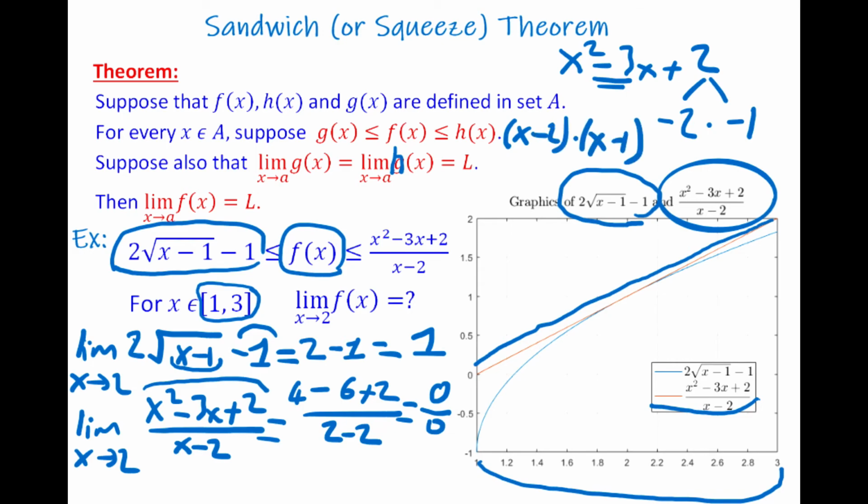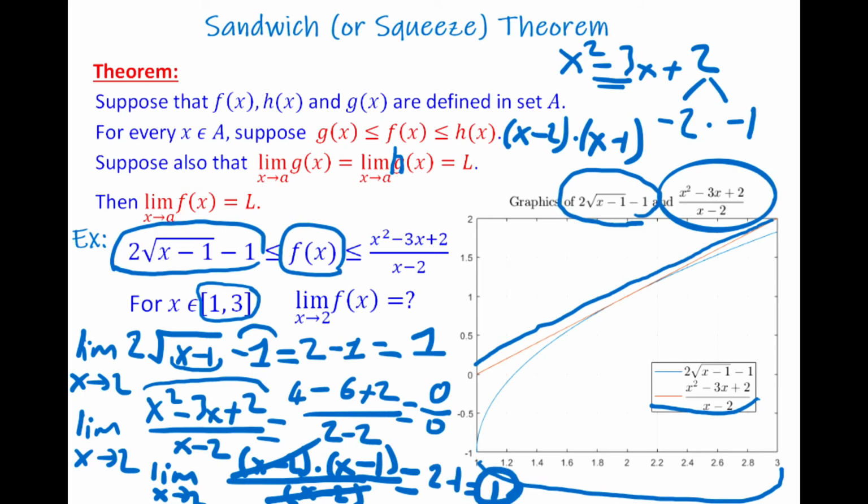So I'm going to write the leftover here, limit when x goes to 2, guys. Instead of x squared minus 3x plus 2, I'm going to write x minus 2 times x minus 1, divided by the denominator x minus 2, guys. And now, as you can see, I can cross out these values. These are gone. And the leftover is x minus 1. And now if you put 2 instead of x, then we're going to have 2 minus 1, which is 1,